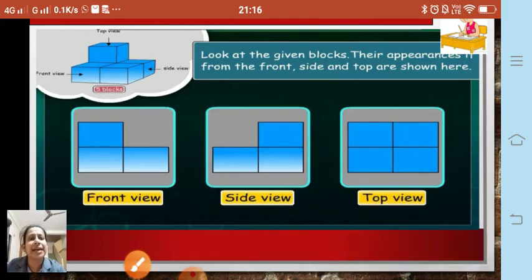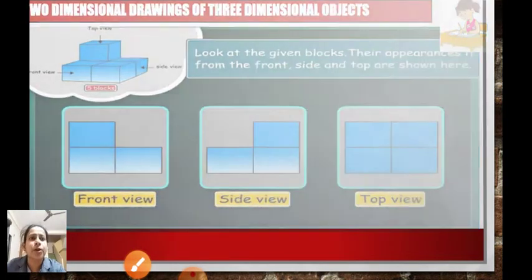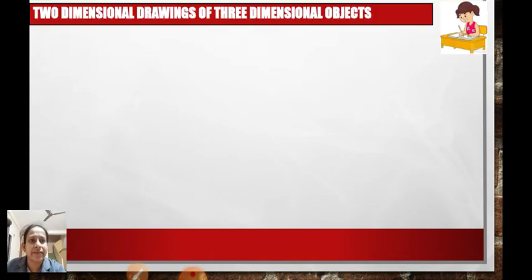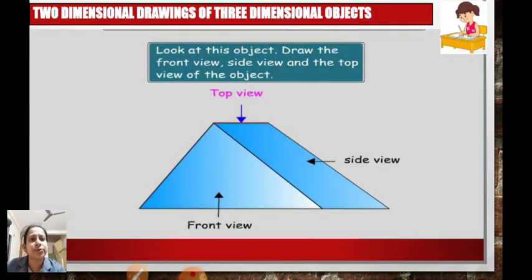So let us take another example now. Okay, look at this figure now, another example. So here you can see a pyramid type of structure. Okay, it also has a front view, side view and the top view. If you see, the front view is a triangular shape, correct? A triangle shape. Whereas the side view, you can see it is like a rectangle shape.